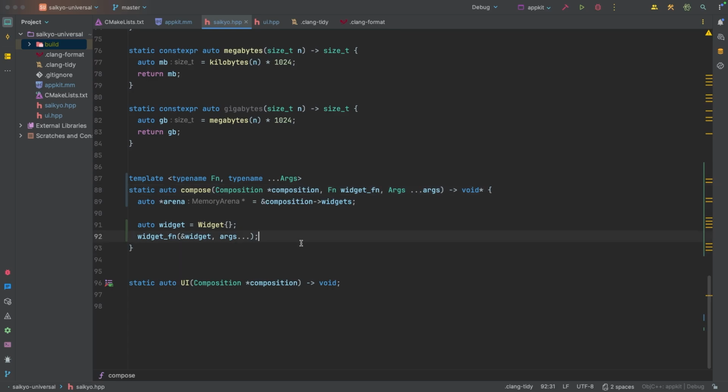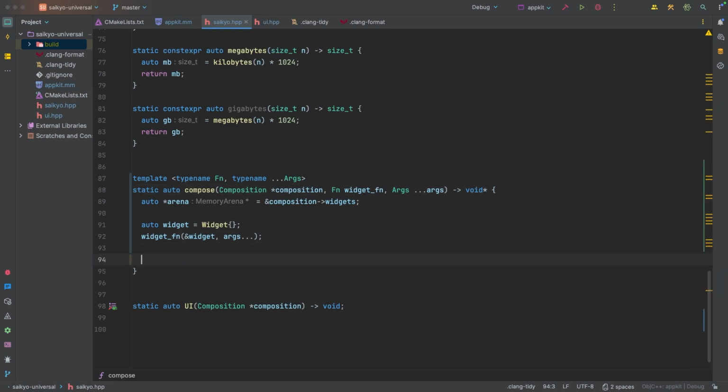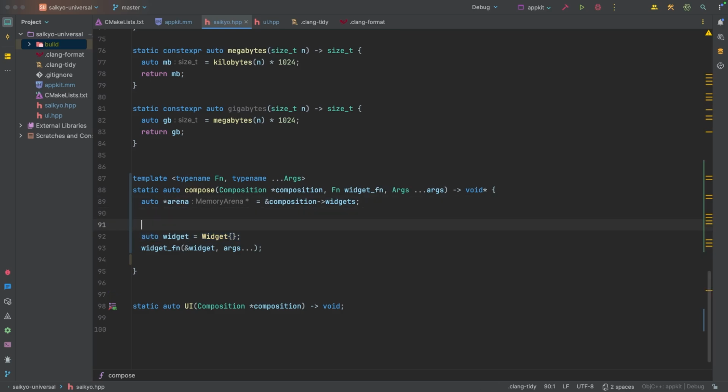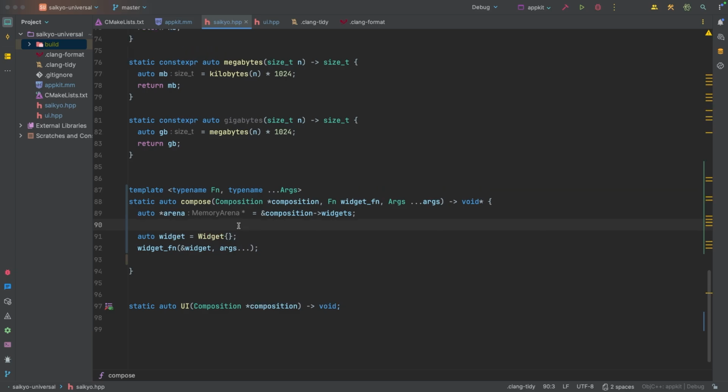So I suppose here we'll also return the, well, we can't return the address of widget, can we? Well, to be honest, we don't even want to have widget be on the stack. We want to allocate widget from our memory arena. So let's go ahead and let's do that. Now, I think I did say that I want the widget memory arena to be linear. So what that means is we start at the start, right? We come down, we maybe make an allocation,